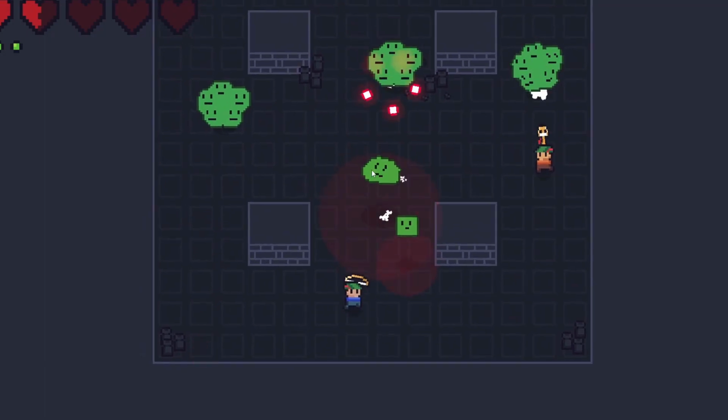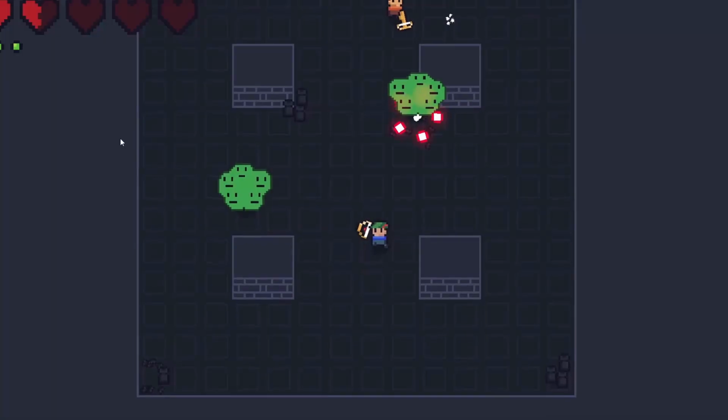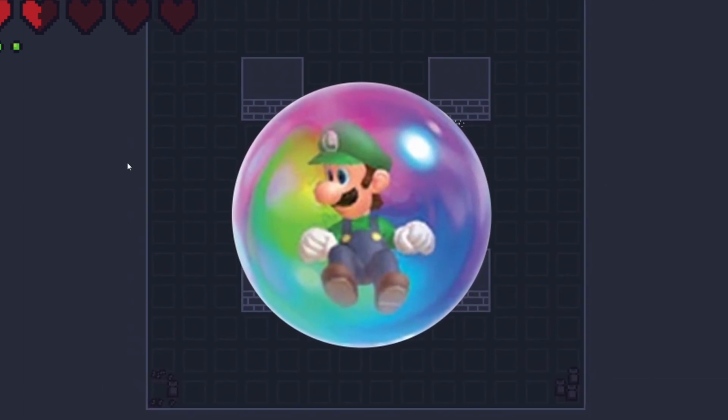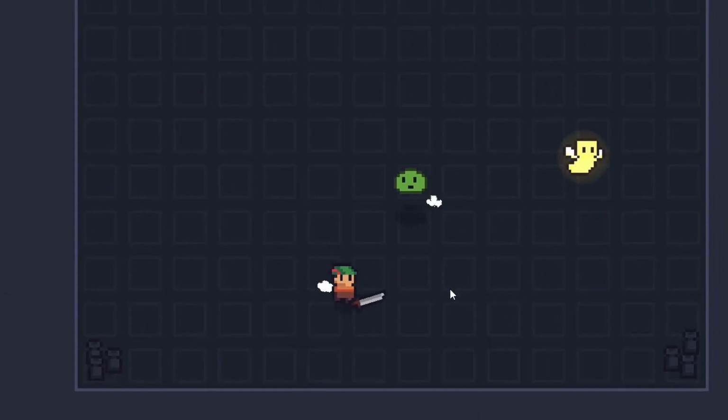Another one of the interesting challenges I faced is that when a player died, they wouldn't be able to do anything until the other players completed the room for them, but that was kind of boring and not very fun. So instead I thought back to one of the Mario games where when you died, you'd go into a bubble which the other player can pop to revive you, and so I implemented that as a spirit that goes around